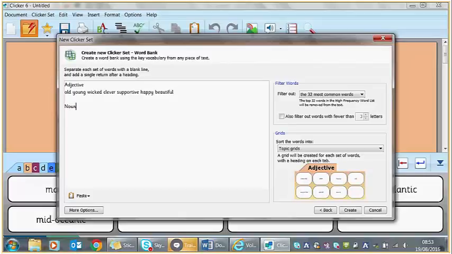And now the next one we're going to use is noun. So we might go for dog, cat, baby, man, girl, boy. Then we go for the adverb. Quickly, slowly, noisily, stupidly,